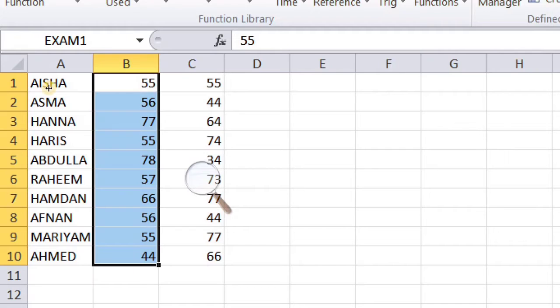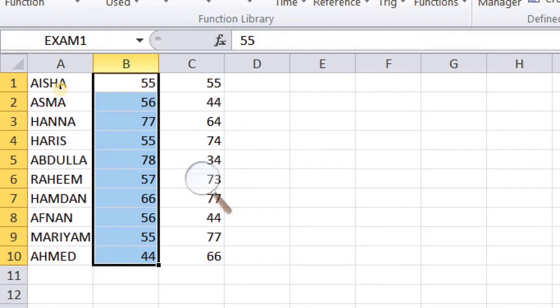I can name the range beginning with a capital letter, a backslash or an underscore. These are the rules for writing. The length of the name can be a maximum of 255 characters. It must contain letters or numbers, and it can contain periods also.